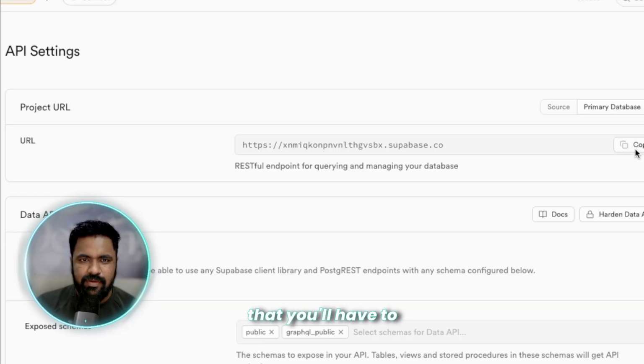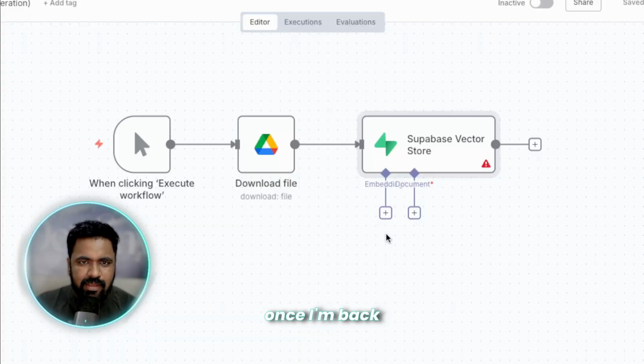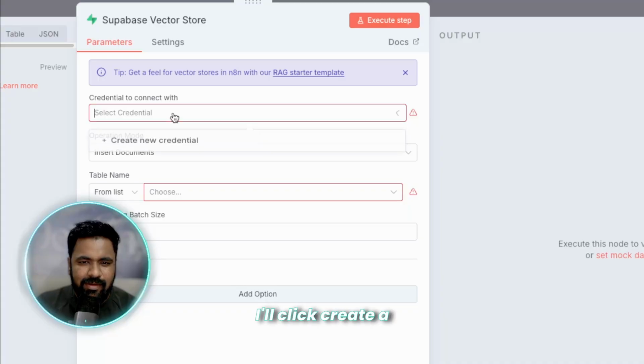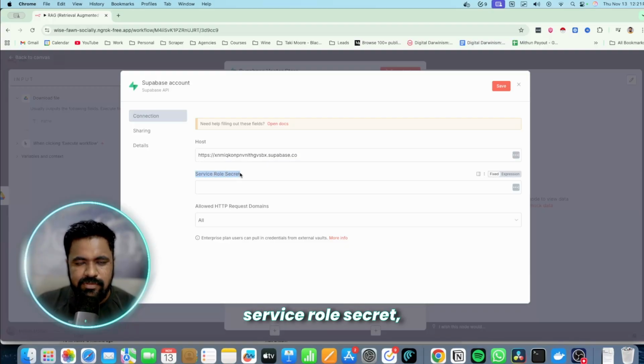So the first thing that you'll have to copy is the project URL. So I'll copy it from here, and I'll go back to n8n, and once I'm back inside n8n, I'll open the Supabase vector store node. I'll click create a new credential, and inside the hostname field, I would paste this value, the project URL that we copied from Supabase. So I just copied it here, and for this service role secret, what we'll have to